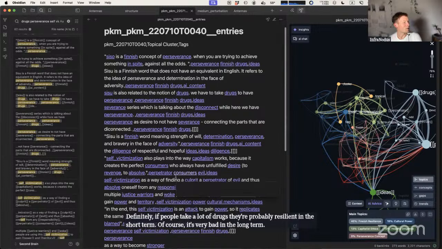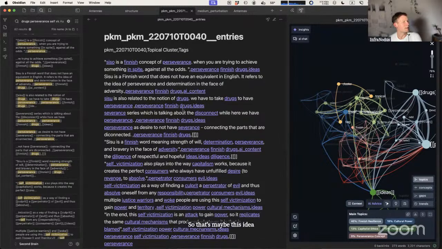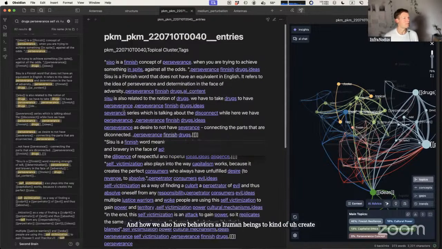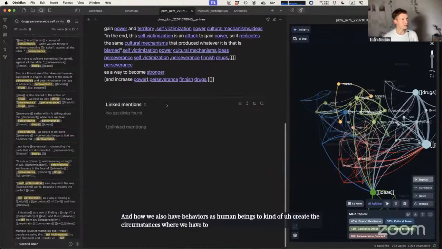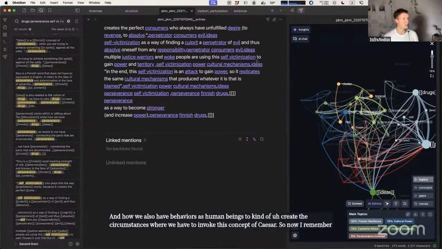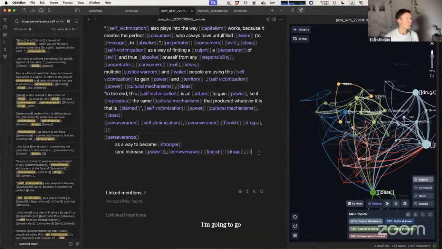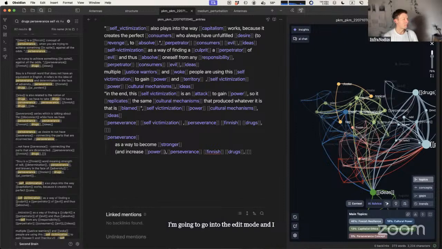So that's maybe this idea of how you can build perseverance through adversity, and how we also have behaviors as human beings to create the circumstances where we have to invoke this concept of sisu. So now I remember this, and as you can see, it allows me to reformulate it better. So what I'm going to do is go into the edit mode and actually save this idea. So I'll say that